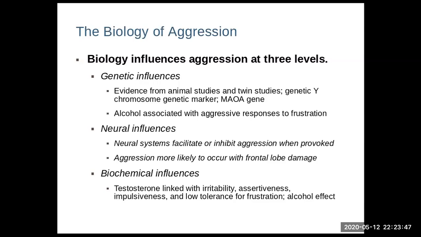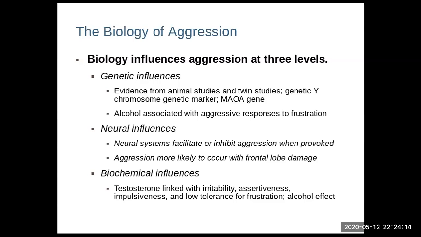Neural systems can either facilitate or inhibit aggression when people are provoked. Some people get really overly aggressive and angry and need an outlet for it. Some people kind of just push it away, and they become even less aggressive in that case. We also know that people who have frontal lobe damage are more likely to use violence